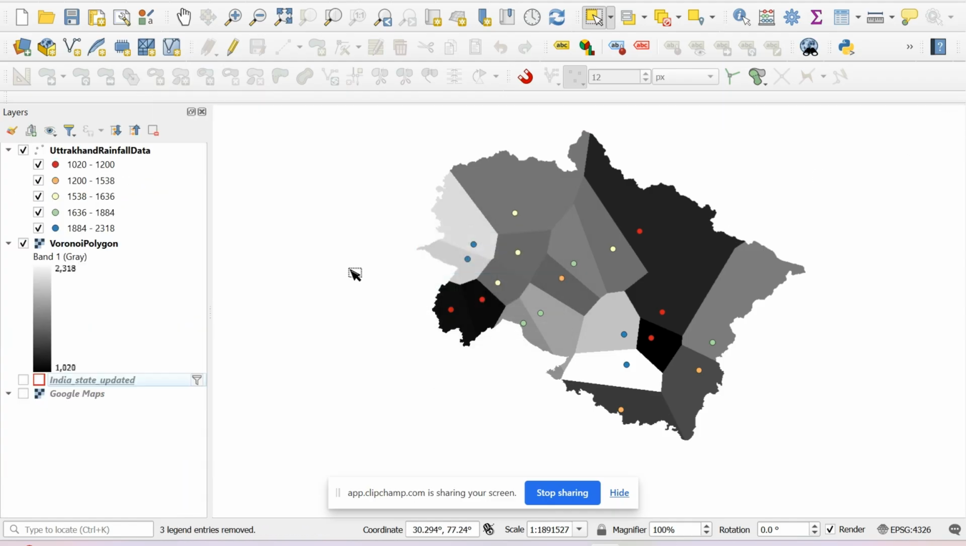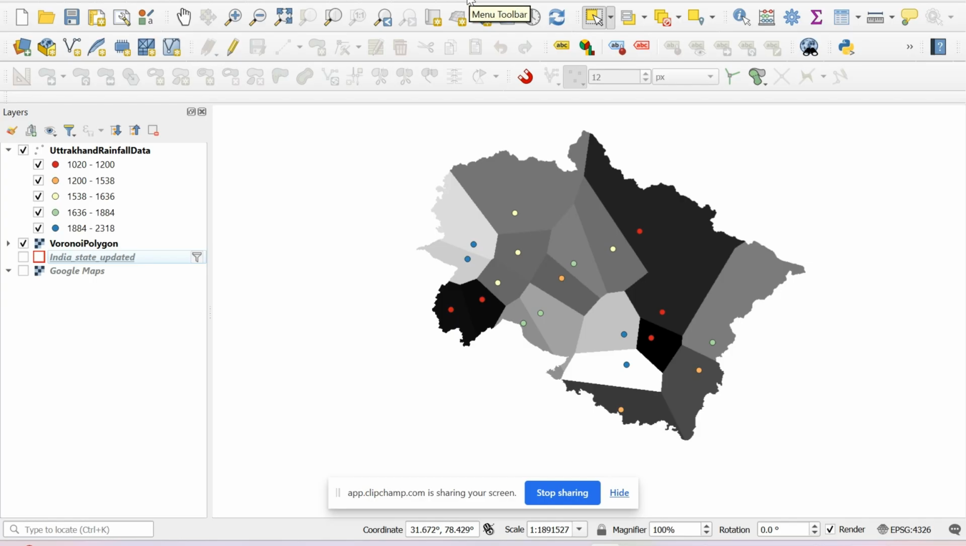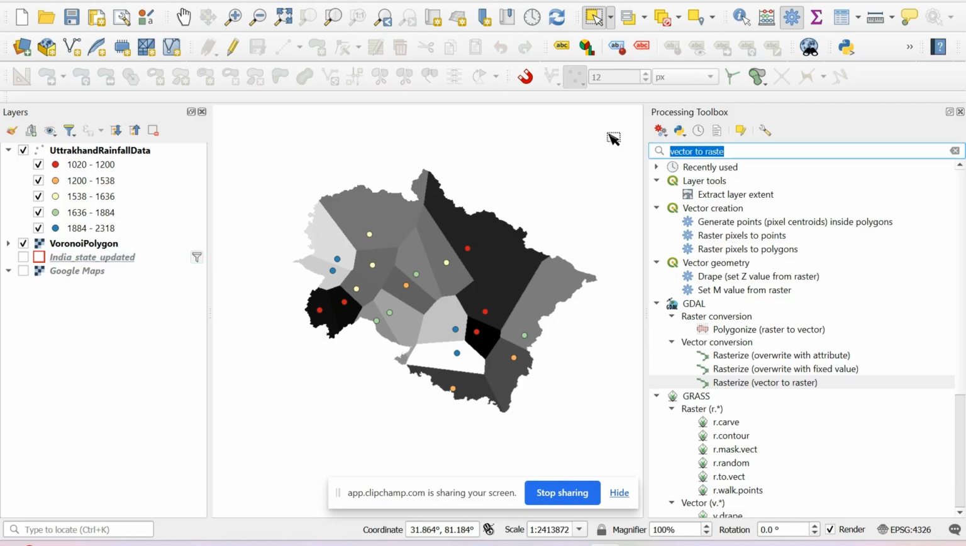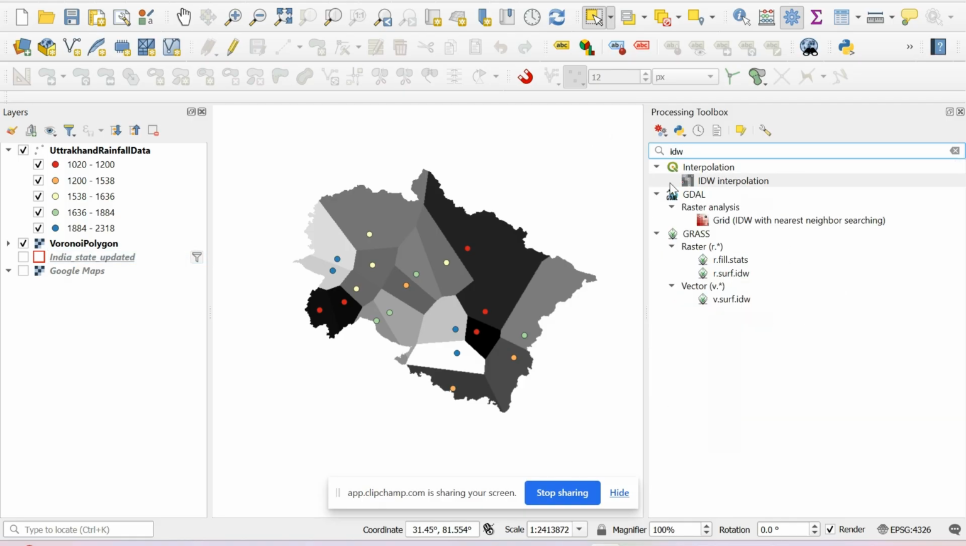Okay. Now, as I've told you, we are going to perform this similar exercise with another method known as IDW, that means inverse distance weightage method. So for that purpose, I'll just click on processing, go to the toolbox and search for IDW, or